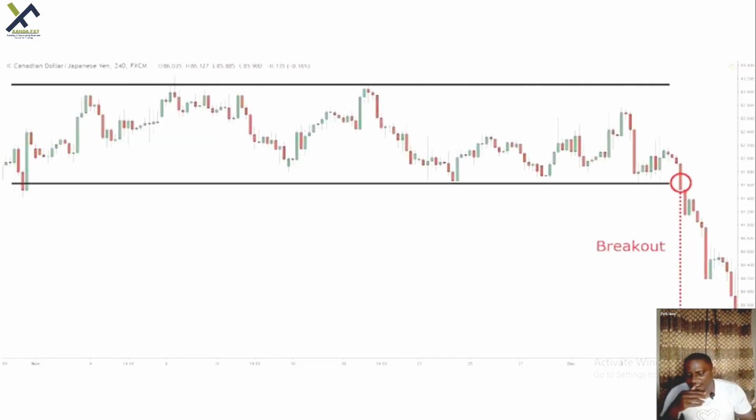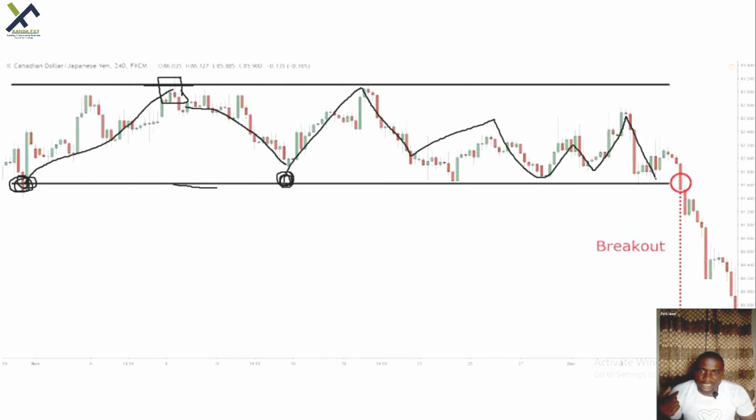Now this is it here. You will notice here, this is the support line and this is the resistance line. Similar to the bounce strategy, once it hits the support line, the price is rejected. It moves up and keeps moving, and all of a sudden a candle breaks through the support level. This is the first confirmation. The second confirmation, a trader enters the market here and takes his profit.